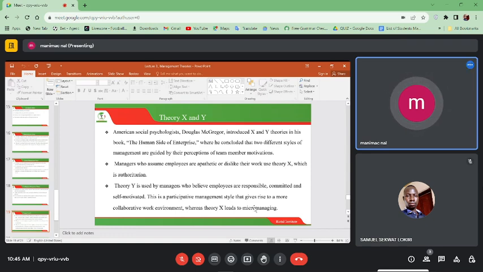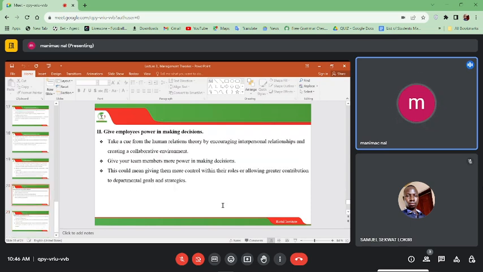More to that, Theory Y is a participative management style that gives rise to a more collaborative work environment, whereas Theory X leads to micromanaging, whereby those people need to be managed, they need to be controlled, they need to be monitored, such that they are reminded of what they are supposed to be doing in a given working environment. Further still, we believe that this theory also draws power